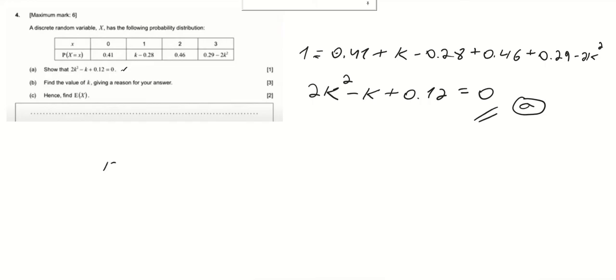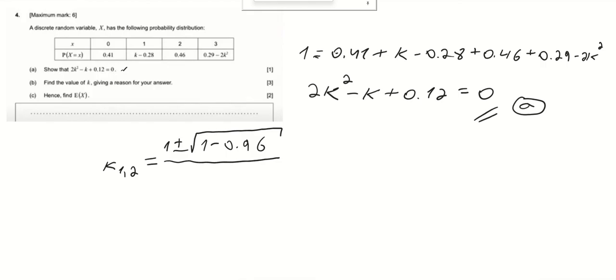This is a quadratic equation, so we have k1 and 2, and it equals 1 plus minus the square root of 1 minus 2 times 4 times 0.12, which is 0.96,